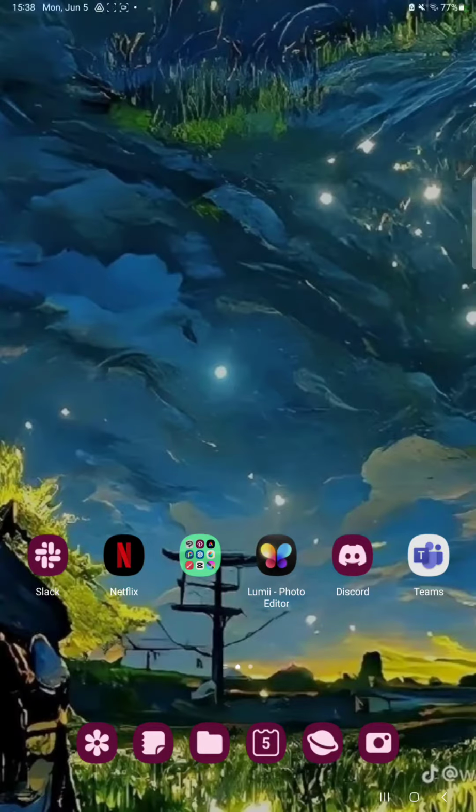Hello guys, in this video I'm going to show you how to add stickers to your image on the Lumii-Photo